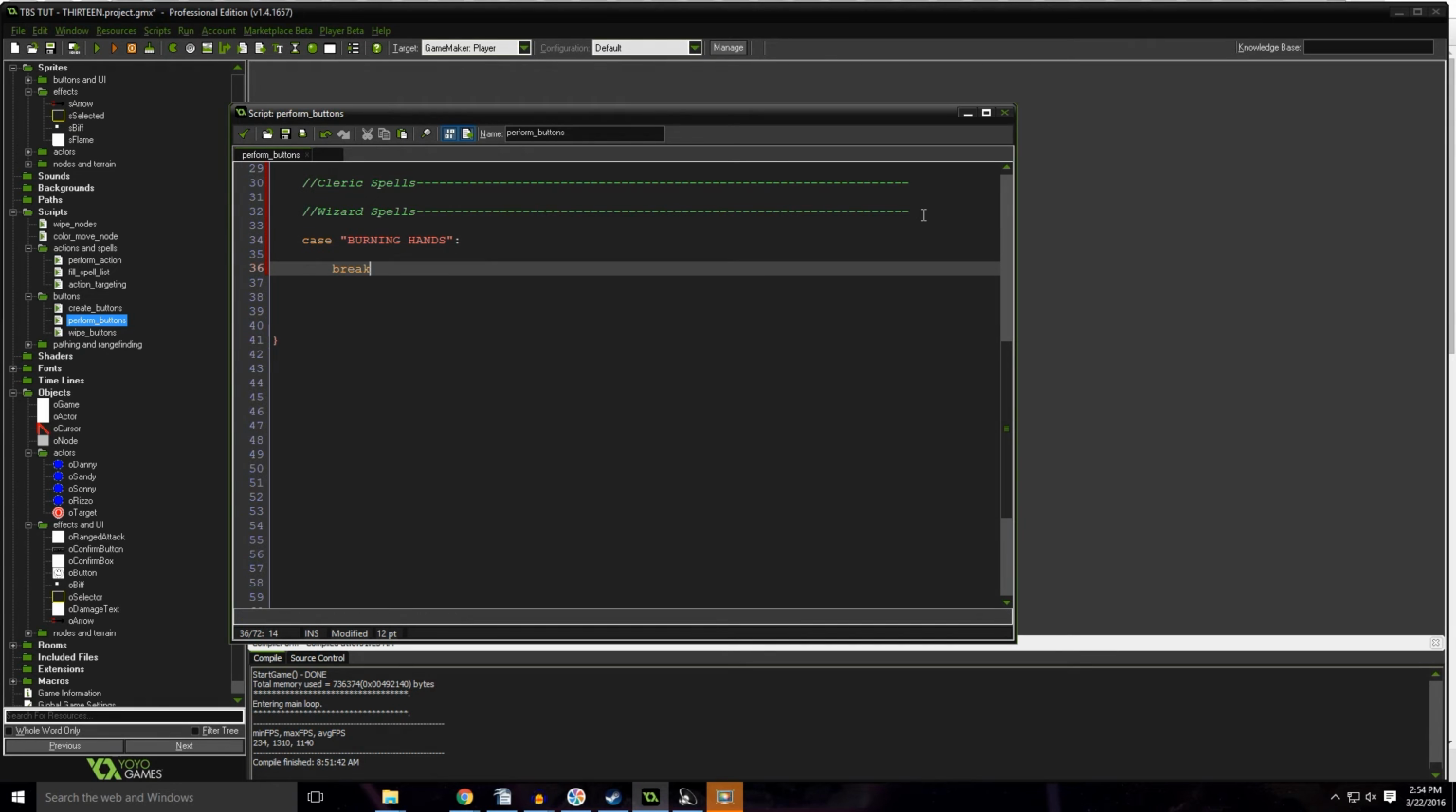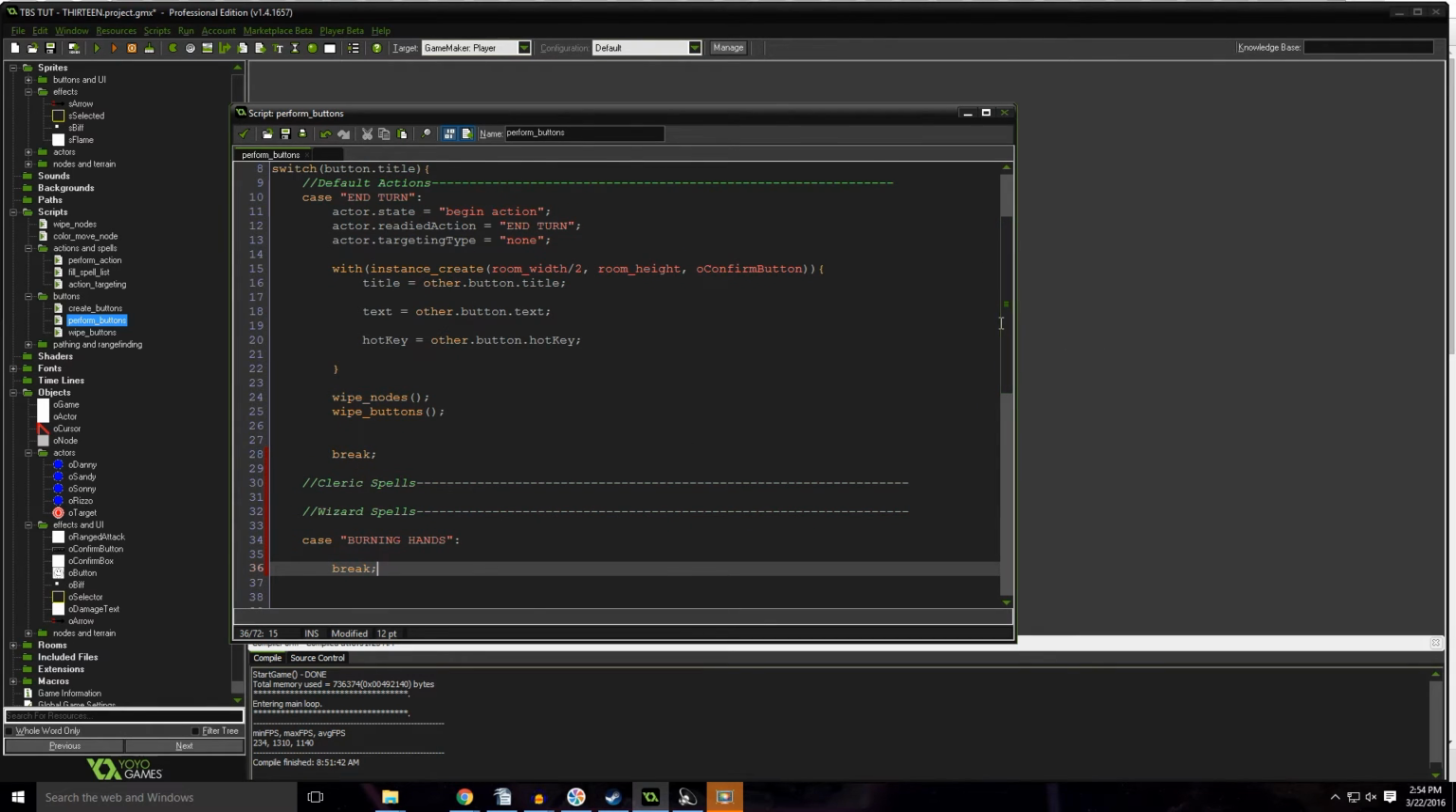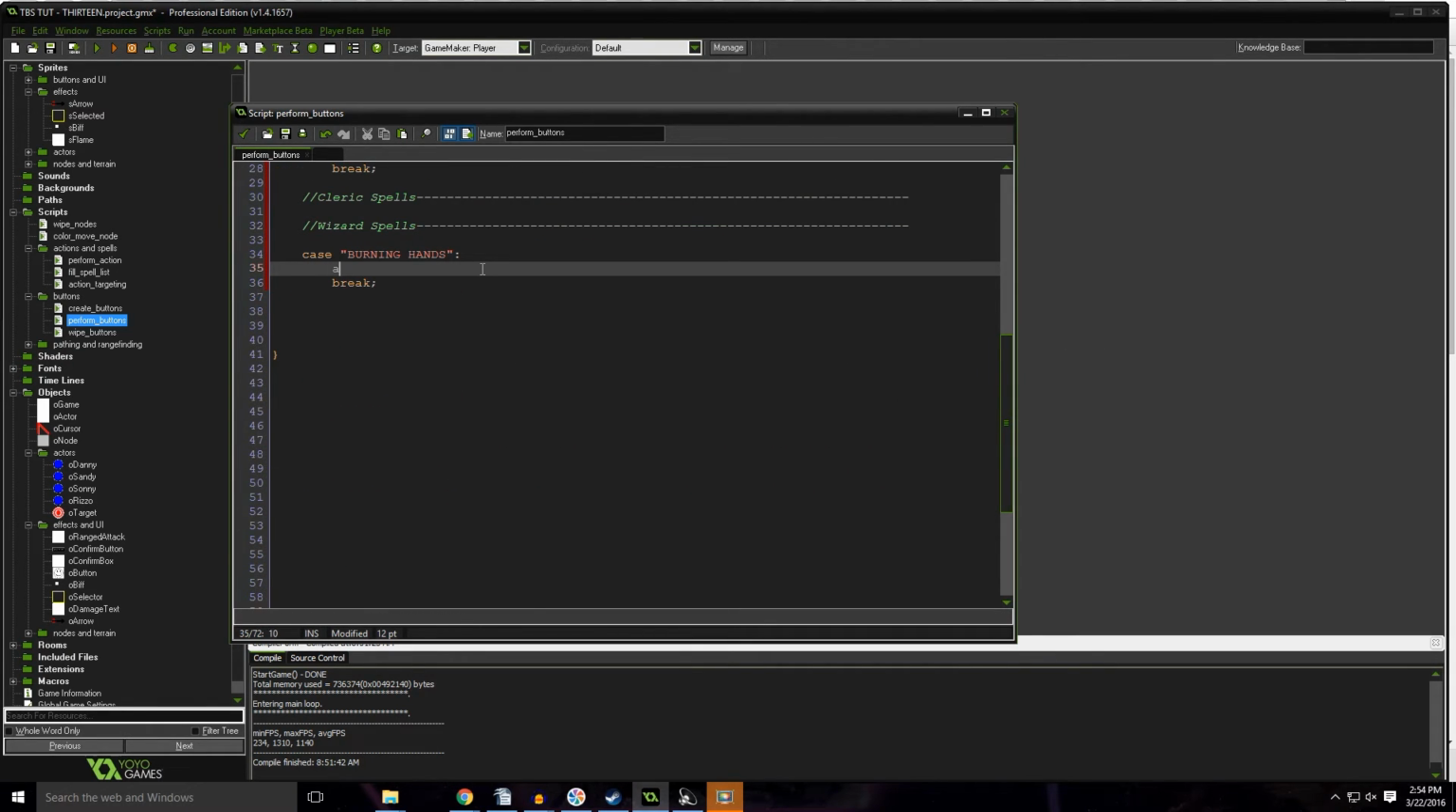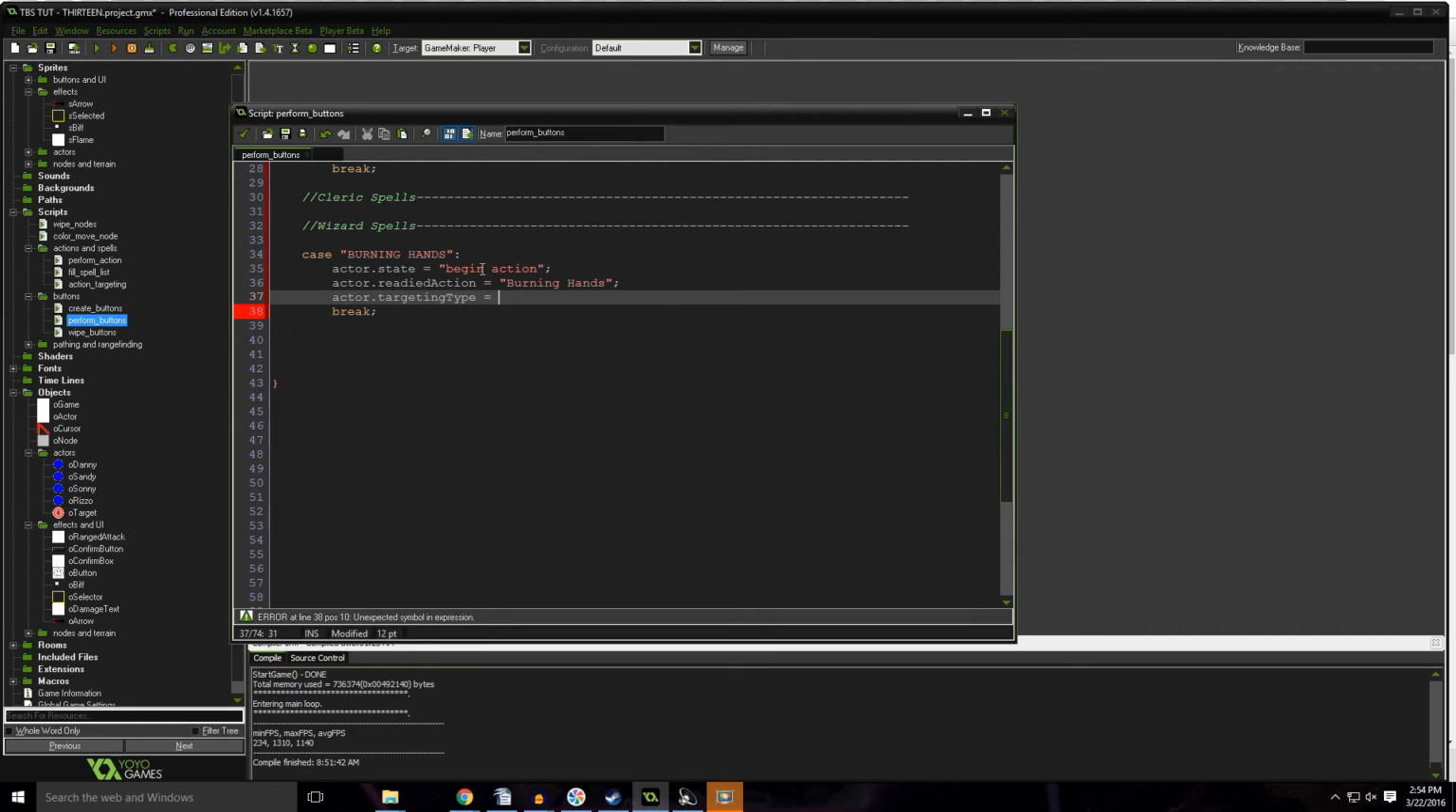Remember, this is expecting a button title, and the button titles are in all capitals, so all of these need to be all caps in here. So case burning hands. Actor.state equals begin action. actor.readyAction equals burning hands. Actor.targeting type equals cone. Actor.action range equals 96. And with instance create,